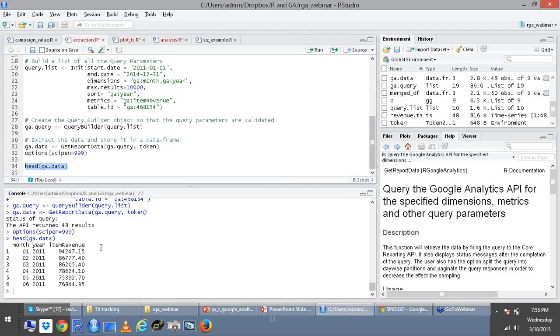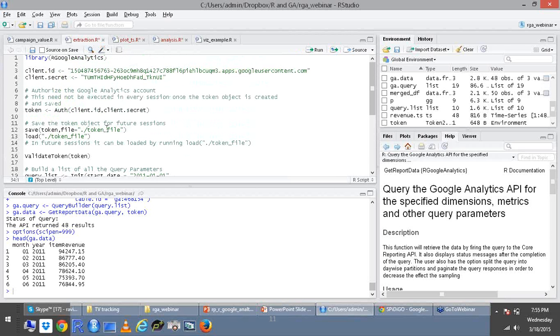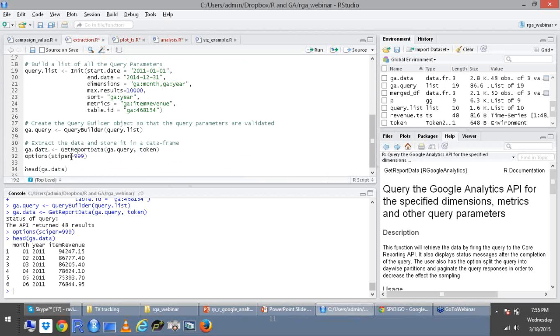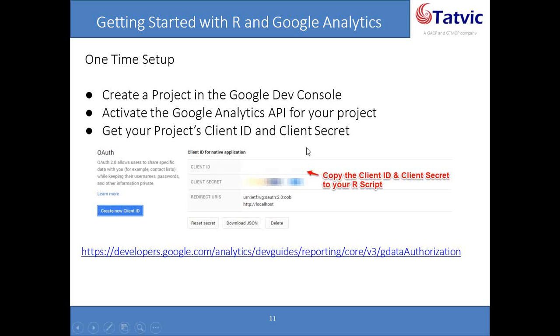Now, that's the first step that I have. I have this data that I want to use in future analysis. But this is a very basic process of getting Google Analytics data using our Google Analytics library. Just for the sake of summary, you've got to get the client ID and client secret. Once you have it, there's this one-time process to use it as an authentication token and validation. And then you can build your query, and you get the query responded with the data. Okay, so that's one example.